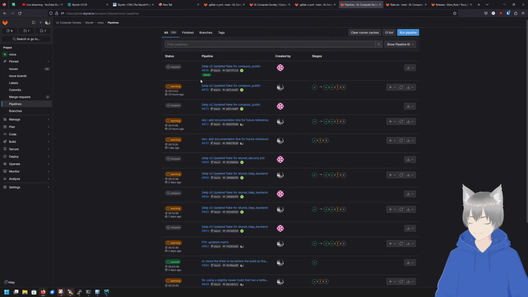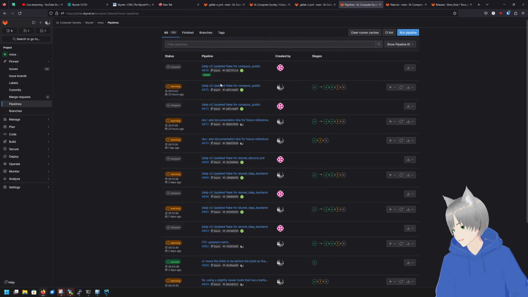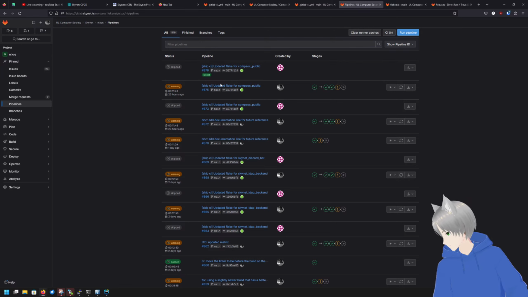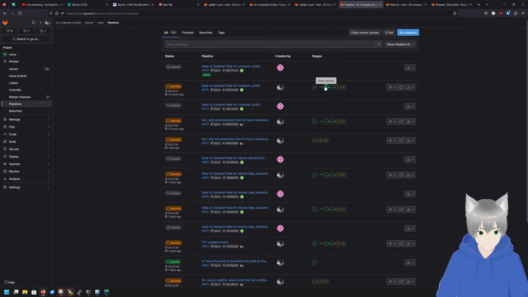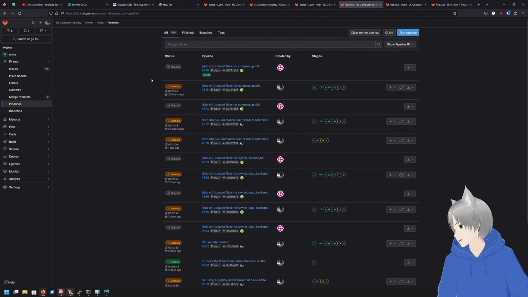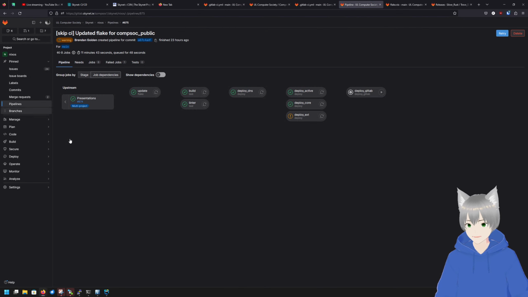You lose a lot of, how will I put it? Granularity. Like, it could have been one option to just have the flake update here and then the second pipeline run, but you lose the history of it.